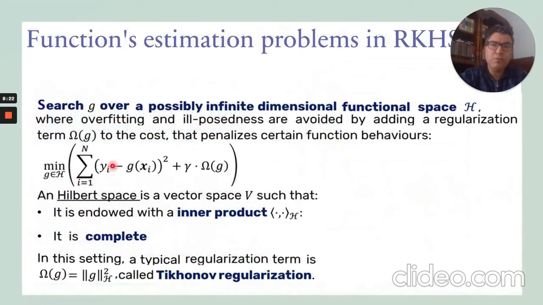Now we're going to jump to the estimation problem in reproducing kernel Hilbert space, where we estimate the output Y as a function G. Here we need to use a high dimensional space we call a Hilbert space. It's just a space that has an inner product and is also complete, meaning every Cauchy sequence converges. If we use the regularization term as the norm of G squared, maybe the Euclidean norm, then it's called kernel regularization.